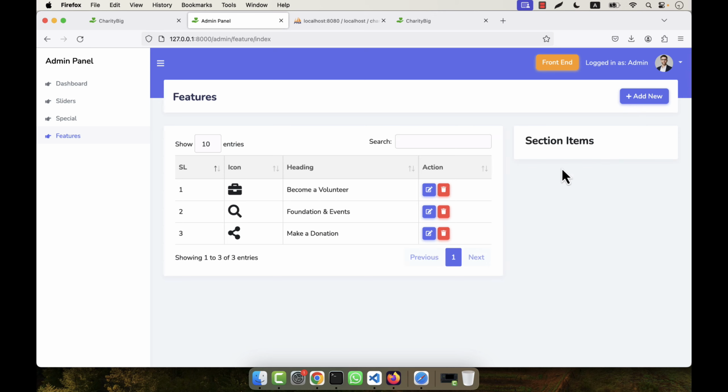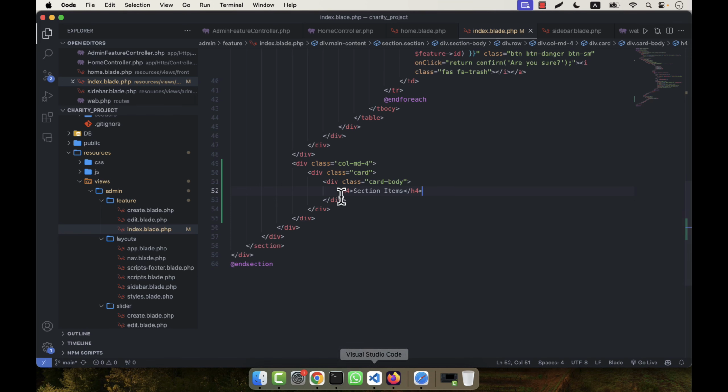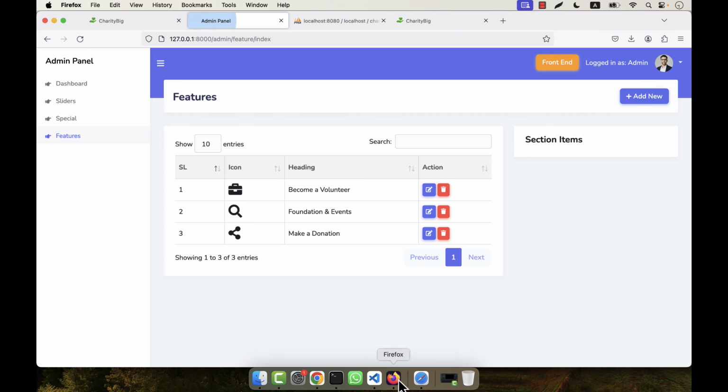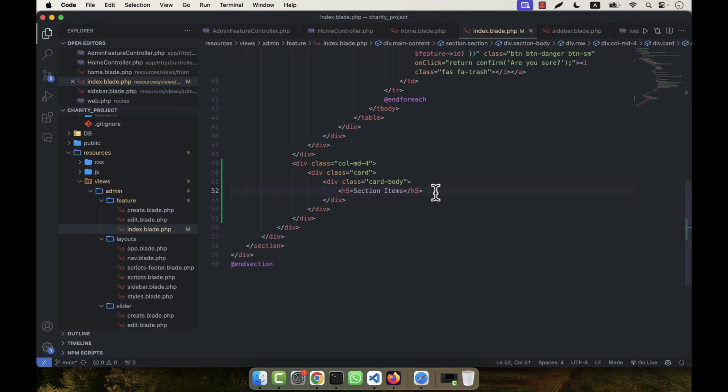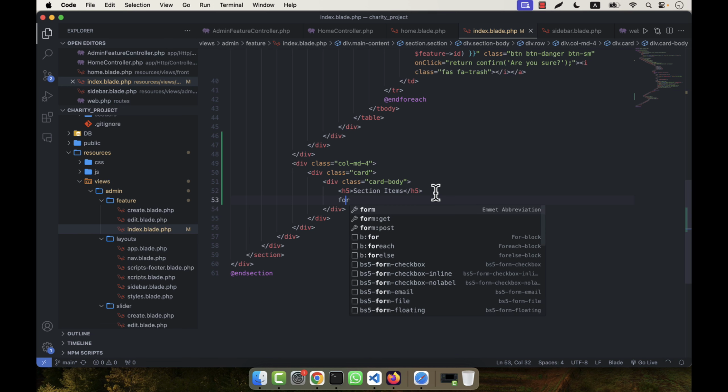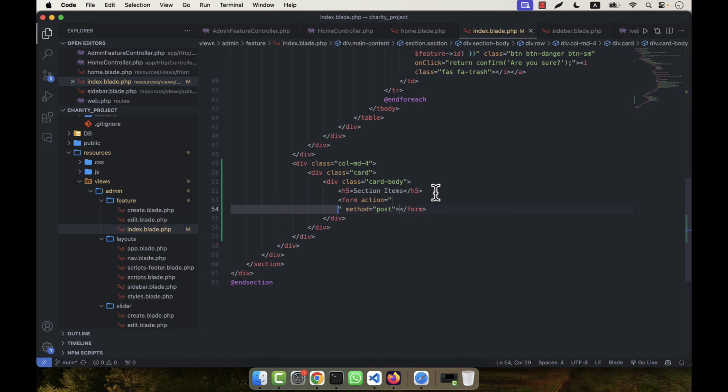If I refresh, you see there is a section items here. I can use h5. Let's check it. Yes, that is perfect. So on the left this is okay, and on the right this is section items. So how can I add that? Here I am going to create a form, because I will have to update that data in that place. So here I am going to give a form,